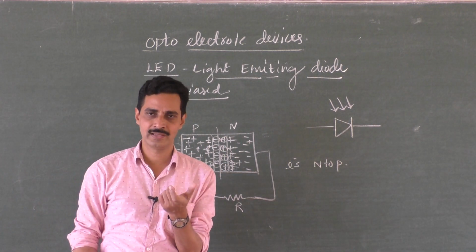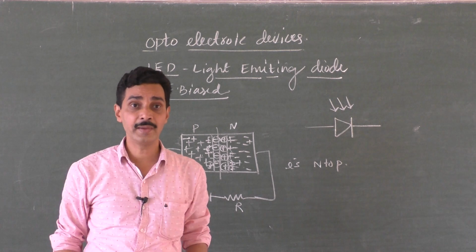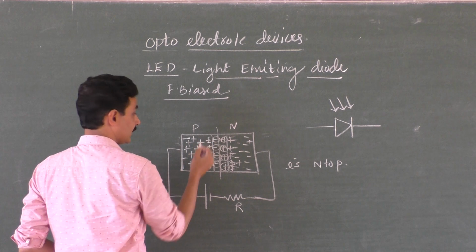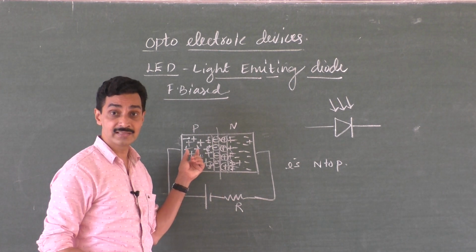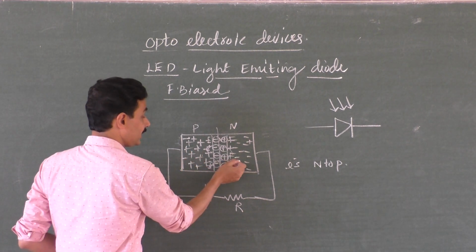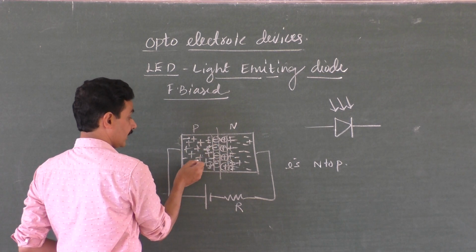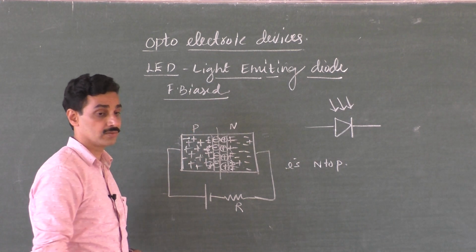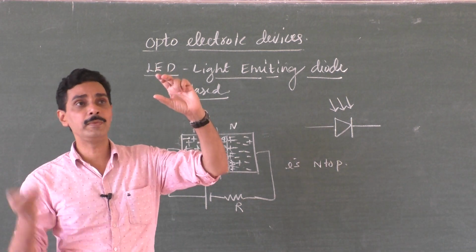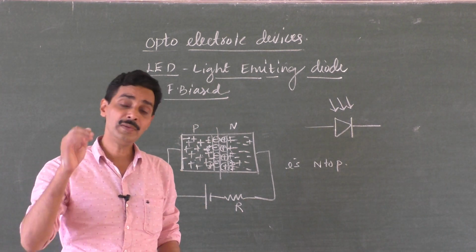Near the depletion layer region or near the junction, there is a crowding of these minority carriers, and these minority carriers can combine with the majority carriers, because you know what these are? Boron atoms, trivalent atoms. They have a scarcity of 1 electron for filling the bond, right? When these majority carriers, electrons in this N region, move to the P region, they become the minority carriers. Here holes are the majority carriers. They are waiting for the electrons. These electrons can combine with the holes. What do you mean by that? That hole may be filled with this electron which has come over here. Electron fills the hole.